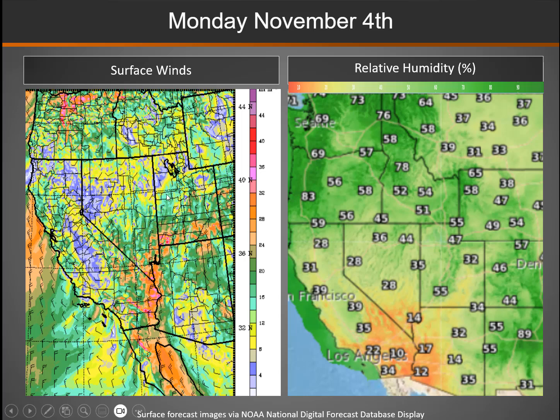We can look at the surface winds through here. Fairly light, but out of the north in most areas. But you can see them. The north winds tend to get orographically enhanced down into southwest Utah, parts of Nevada. You can also see the